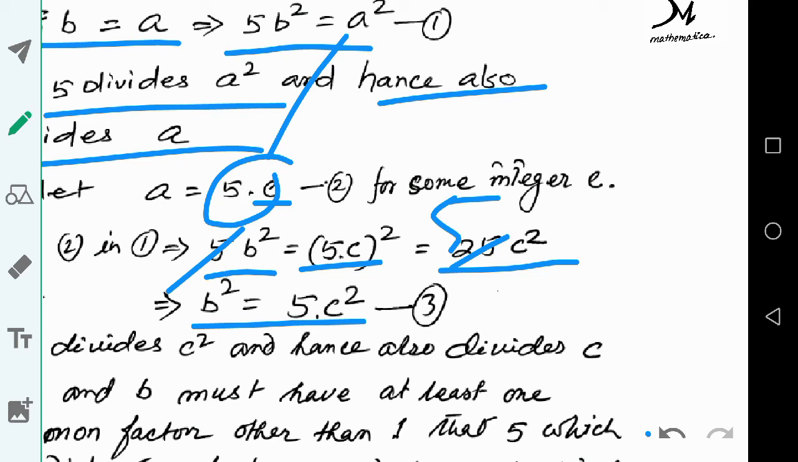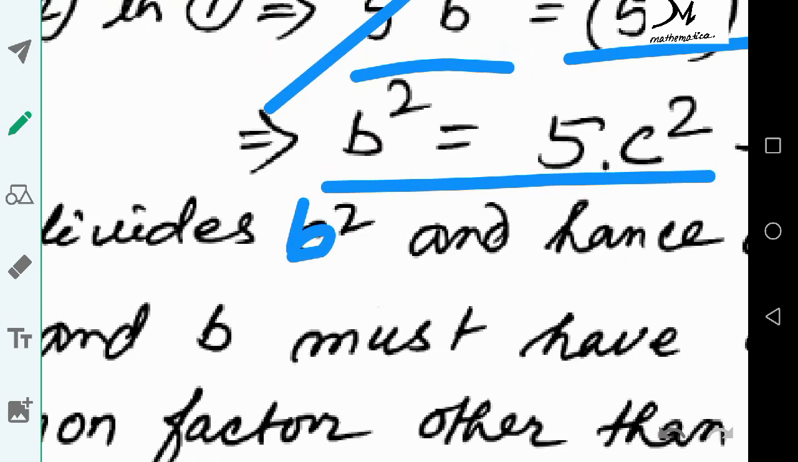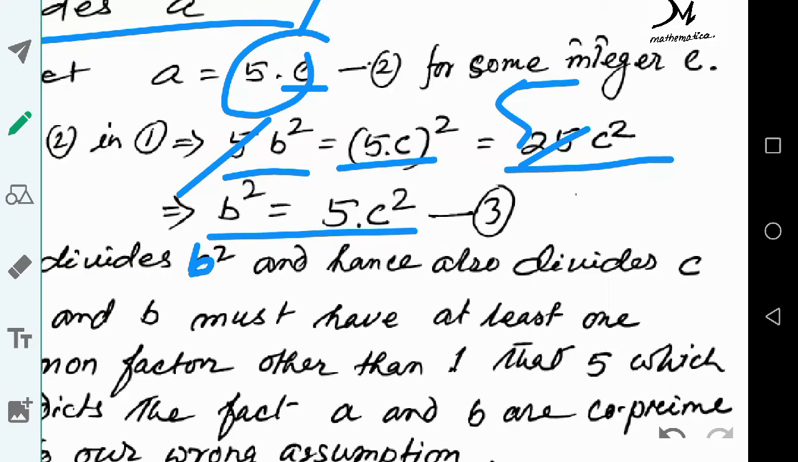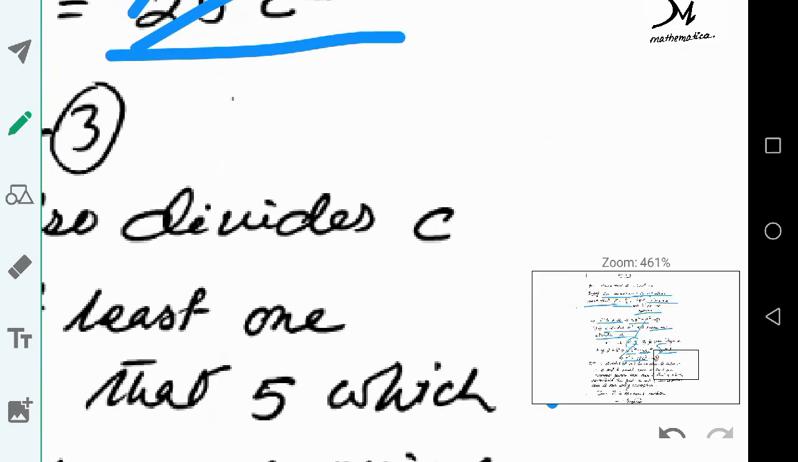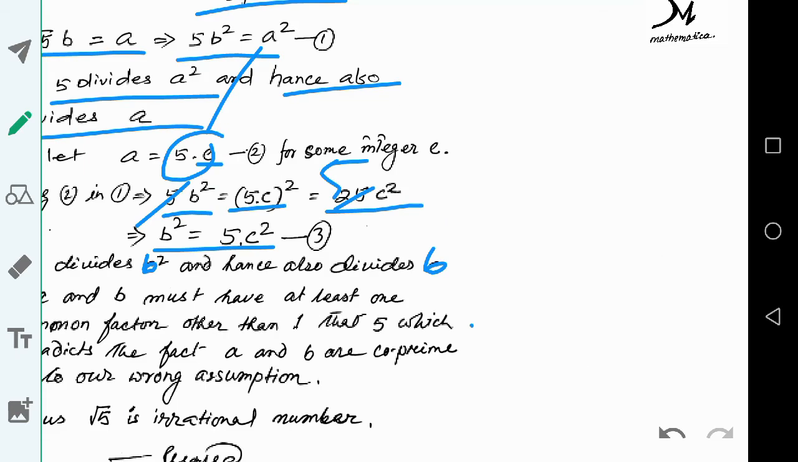That means 5 divides b square. I have written here c square, actually that should be b square. Okay, b square, and hence 5 also divides b. This should be the correct statement. And now you see,